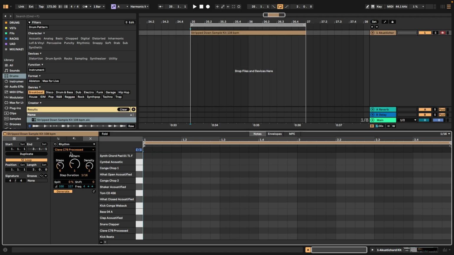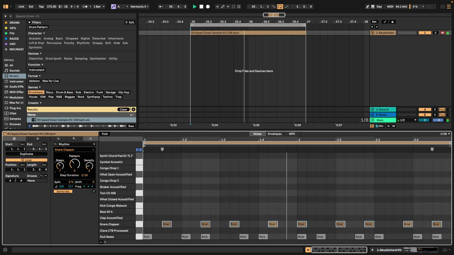Now talking about drums, let's generate a rhythm. I just load a pre-made kit on Ableton. As you can see, as I'm hearing each note, I select the note I want to make a rhythm. Then I can choose the pattern, the shape and density of each note. So now I select the snare. I'm generating rhythm for the snare. So I can choose one sample at a time, which makes it very flexible to generate individual sounds.